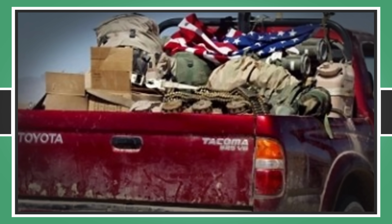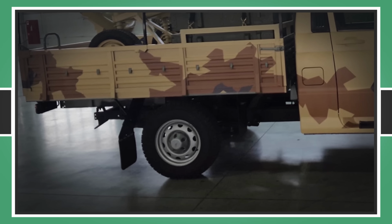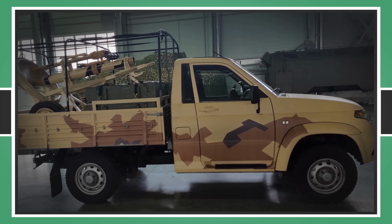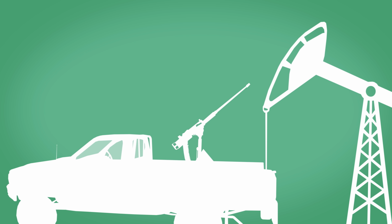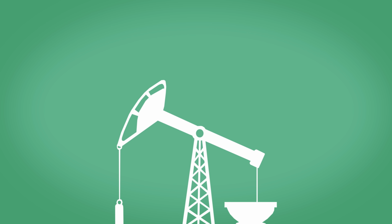And that's why today, even modern armies are beginning to research and develop in hosting their own fleets of technical-like vehicles. Russia has begun production on its domestically made UAZ Patriot, which is designed to drive like a Hilux, be reliable like a Hilux, and cost as much as a Hilux, just without the Toyota badge. And an interesting side note to add, it is such an advantage to have your military rolling around on as least fuel as possible, especially when all the fighting and destruction is happening on the very oil fields you'd need to fuel your car. Oil is important in war, it's important to politics, and it's important in me segueing into